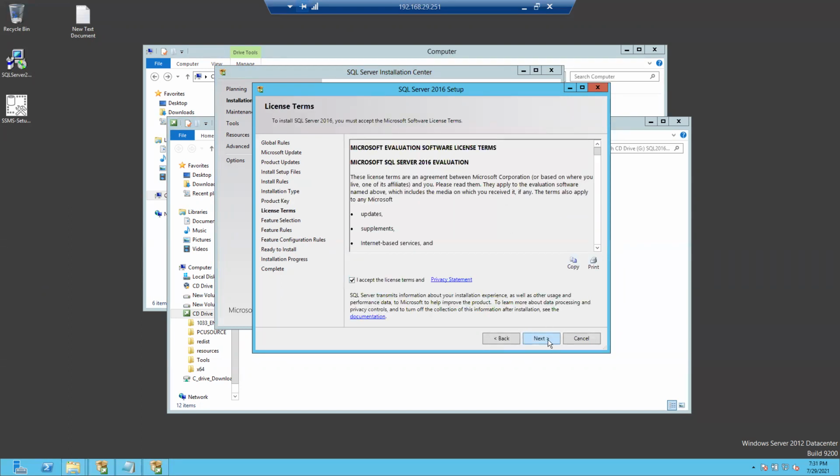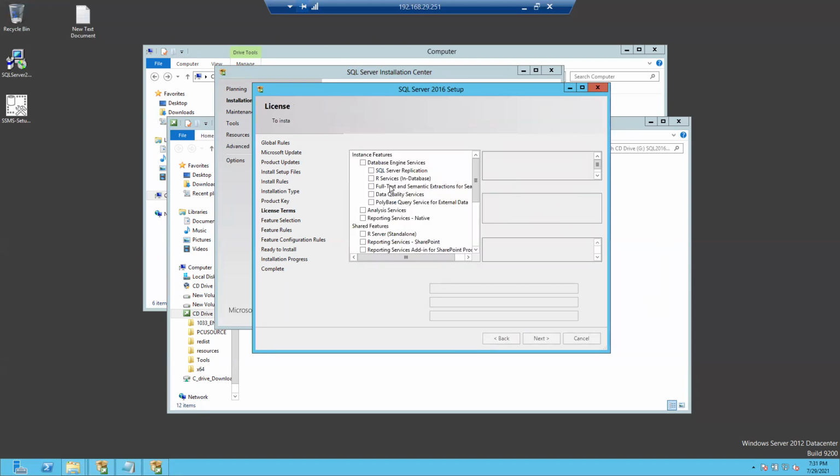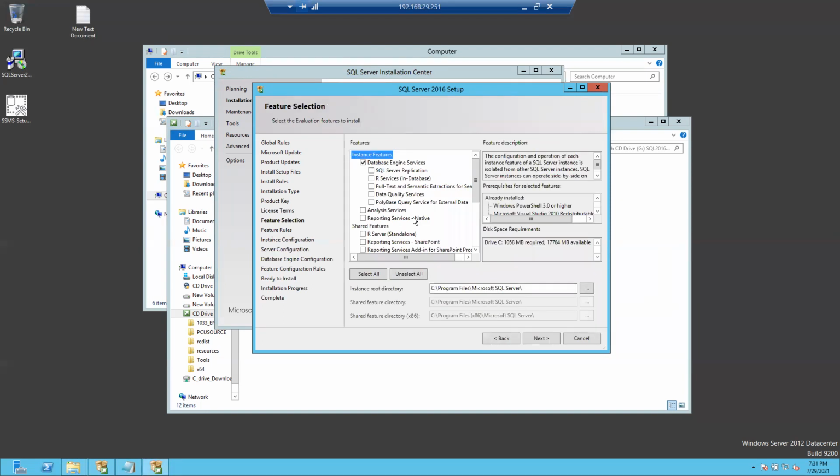Evaluation. I'm adding Database Engine Services and that's it. These are the shared features, which will be added automatically. Sometimes when you are doing this, errors will come.